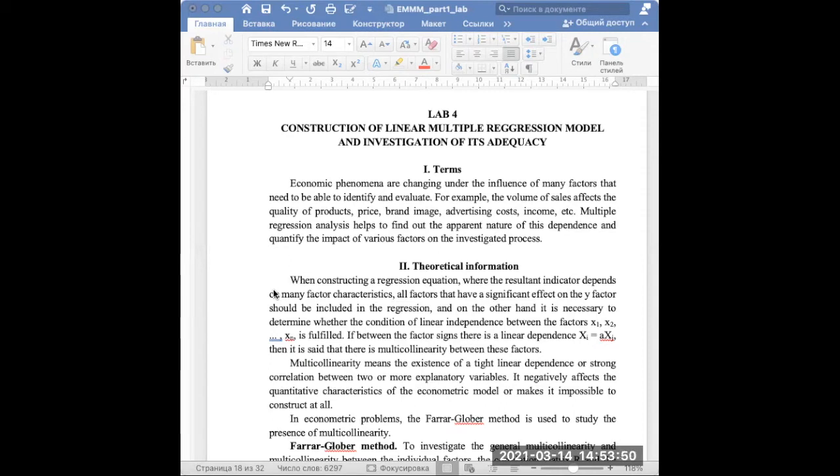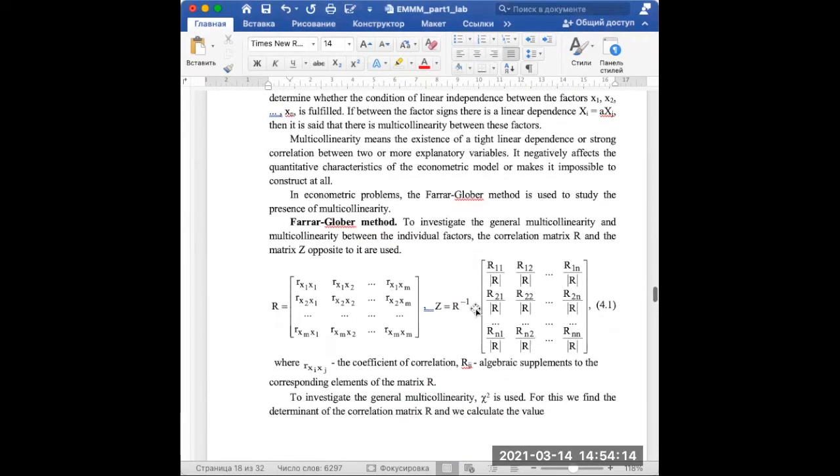And then when you have done this step, you can go to the next step and create your regression model. So if we take a look at the guidelines for this laboratory work,